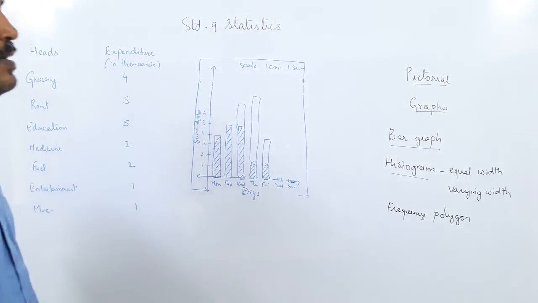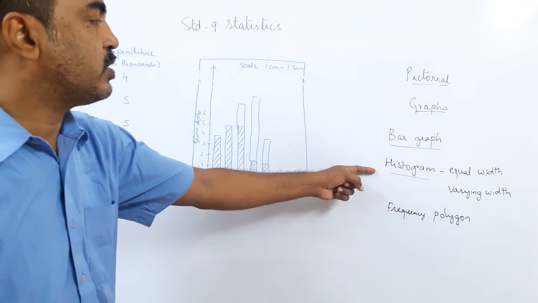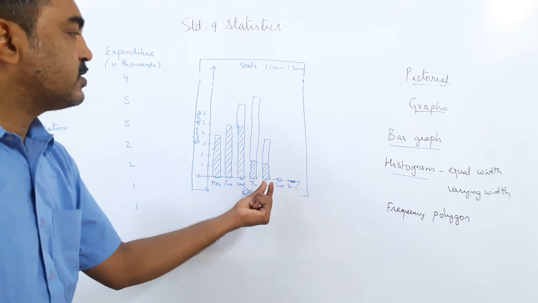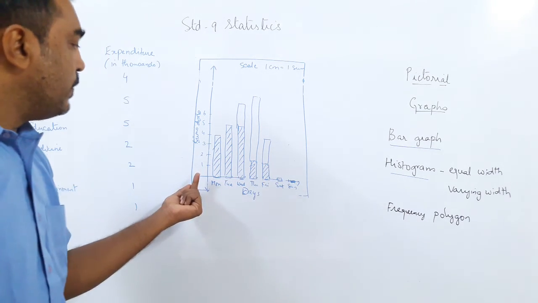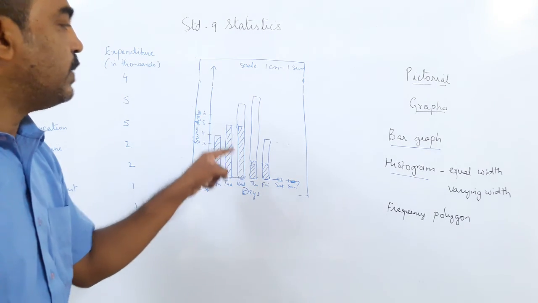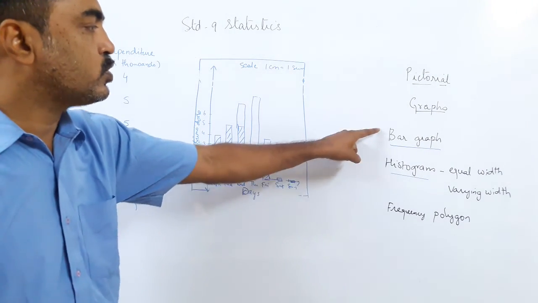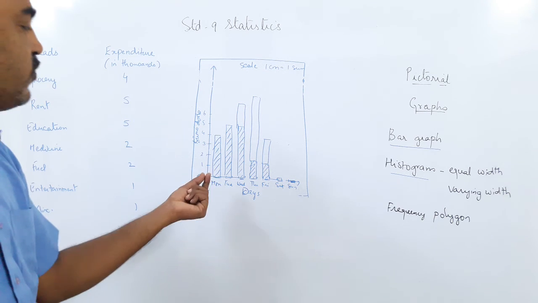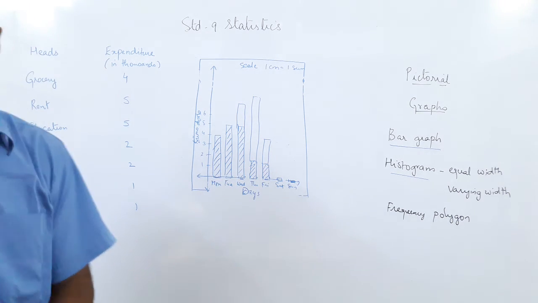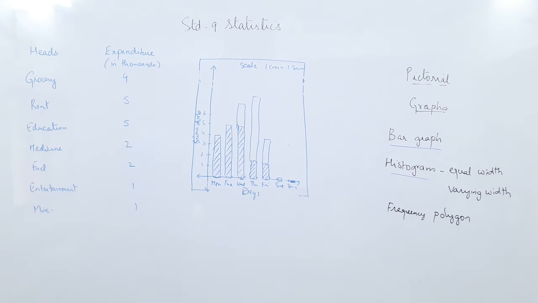The difference between a bar graph and a histogram is that in a bar graph there is space between the bars. In a histogram, because the data is continuous, there will be no space between the bars. So a histogram is almost like a bar graph, the only difference is there is no space in between, and on the x-axis the data will be numerical and continuous. So let us see one example. Let us work out a sum so you will understand it much better.